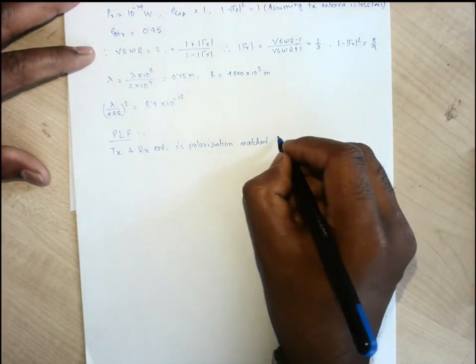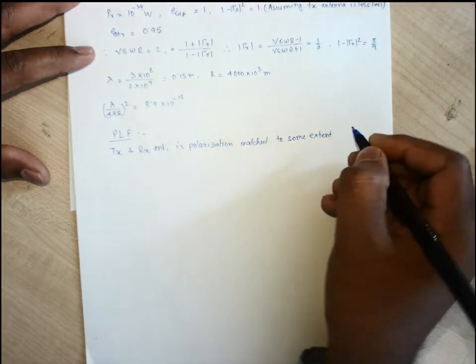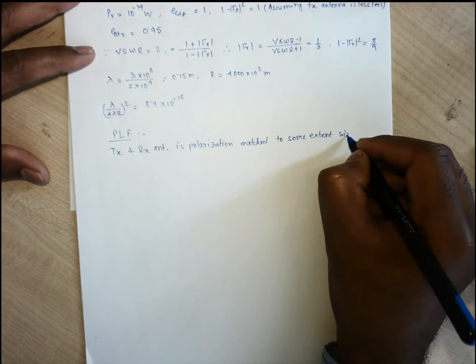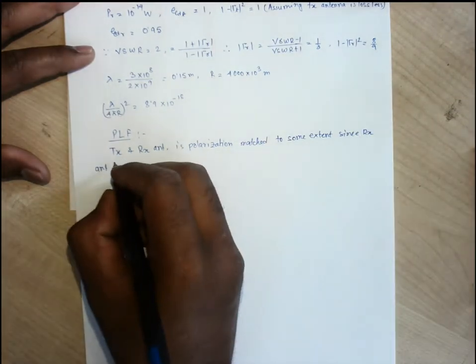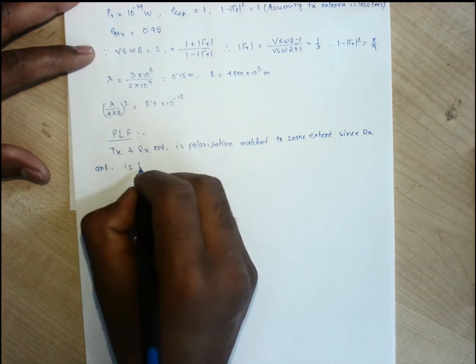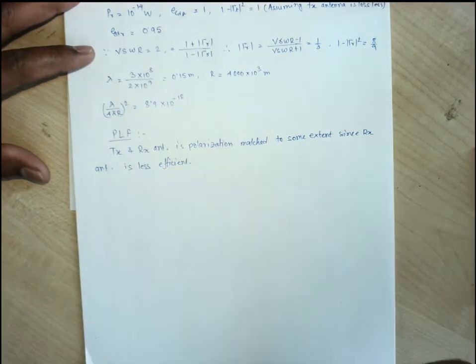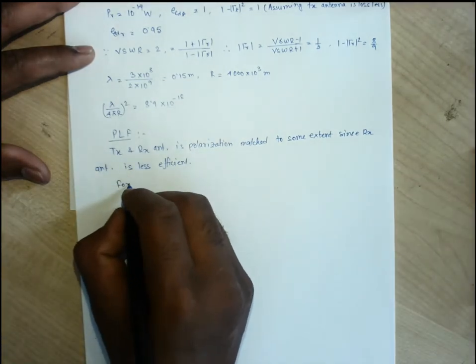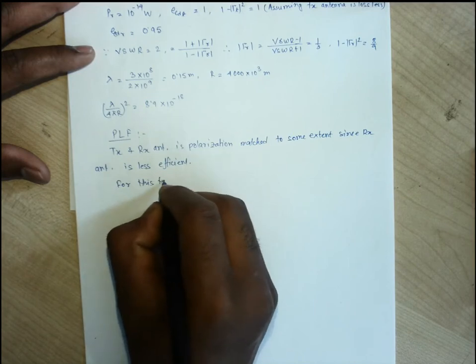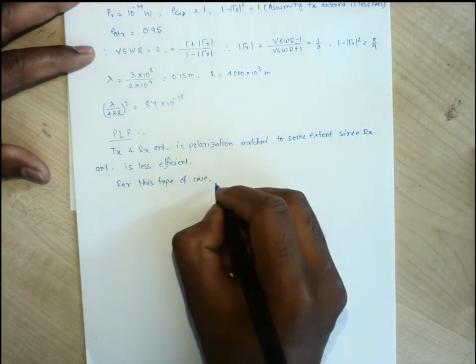Polarization match to some extent, since receiving antenna is less efficient. So for this type of case, we will consider